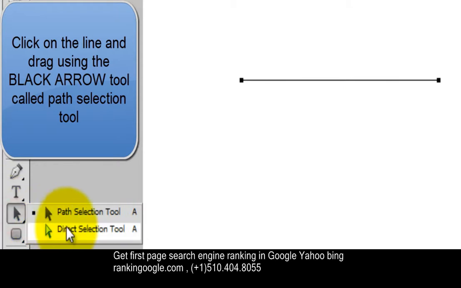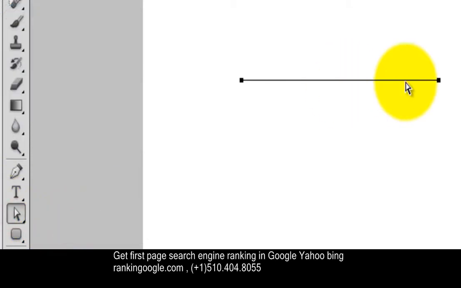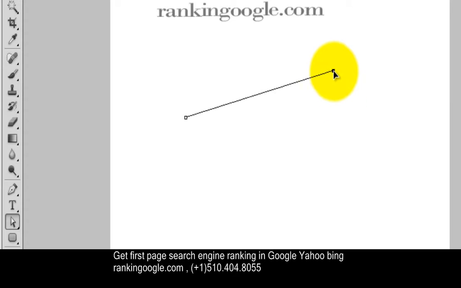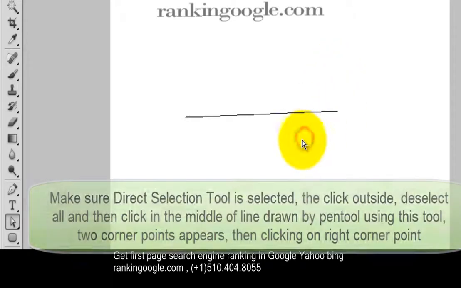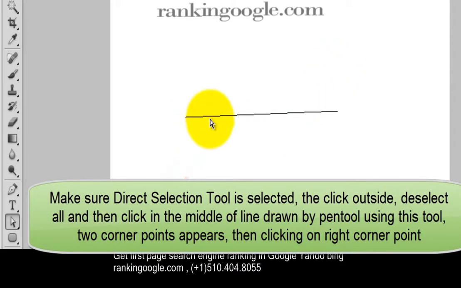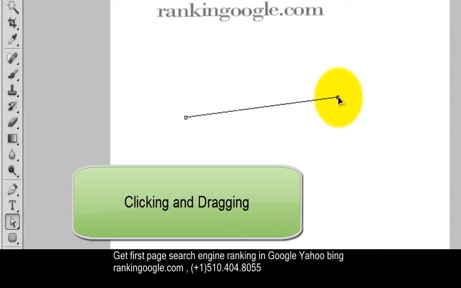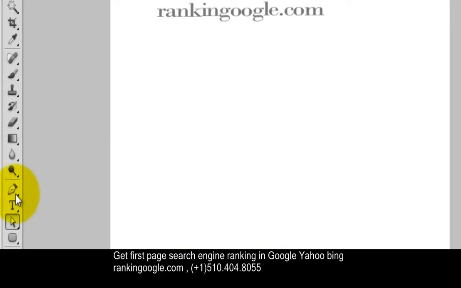see the arrowhead changes. Now the Direct Selection tool, this hollow arrow, works the same if you move it from the middle position, but if you hold a corner point, it rotates using the other corner point. This is the beauty of the Direct Selection tool, and you will see that a hollow square appears, and that point is black, the other is hollow, and you can rotate the black side using the hollow point as the center.